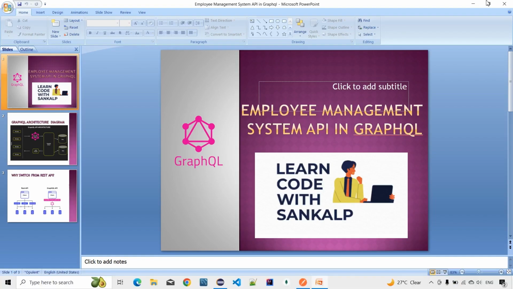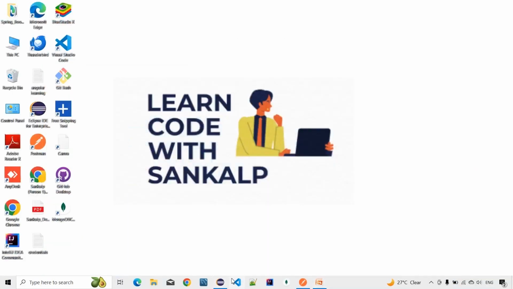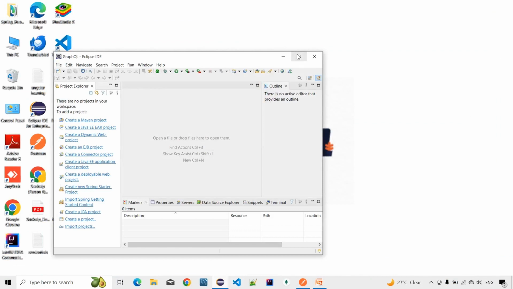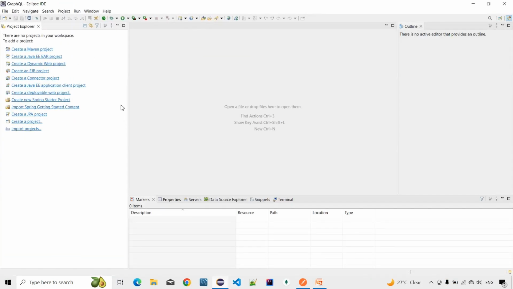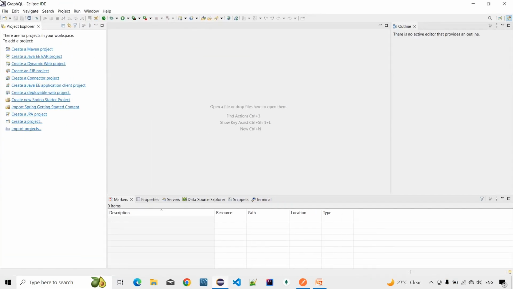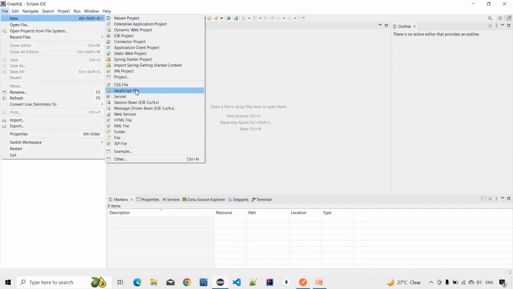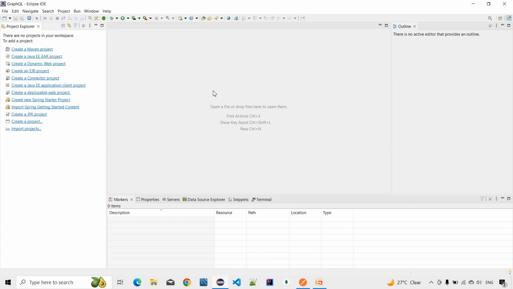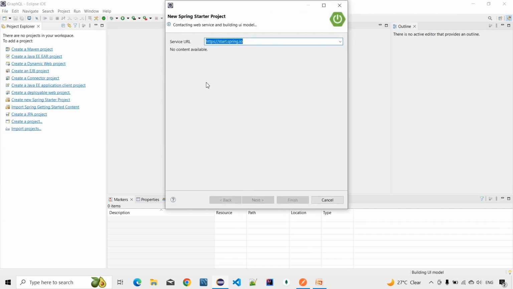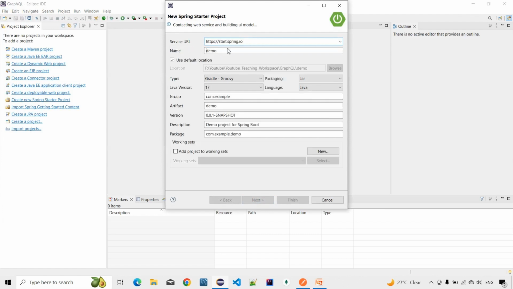So we close this, and we create one small project on GraphQL. We open the Eclipse IDE, and we create a new project. We create a new Spring Starter project. Inside Spring Starter project we create one new project. The project is being created, guys. Then we give the name like